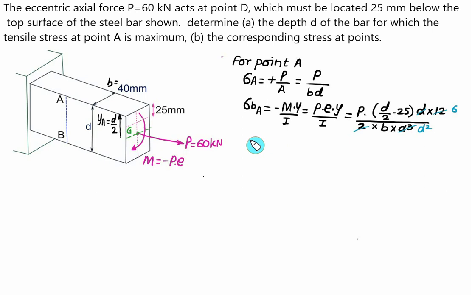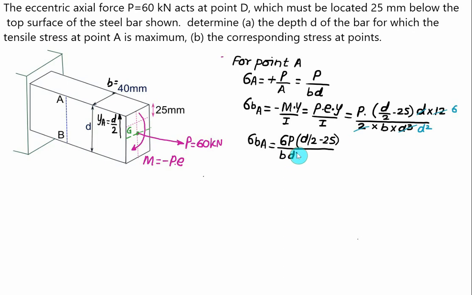So we have bending stress at point A equal to 6 times of P multiplied by (d by 2 minus 25) divided by b d square. (equation 2)